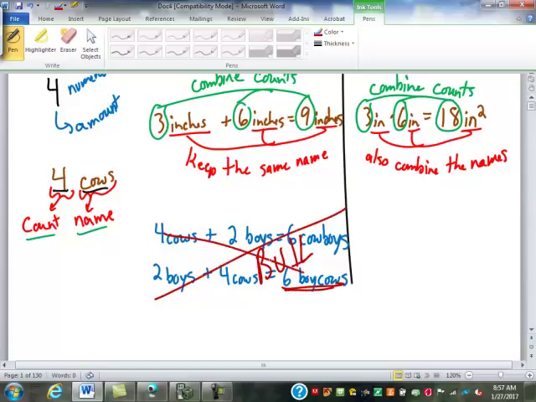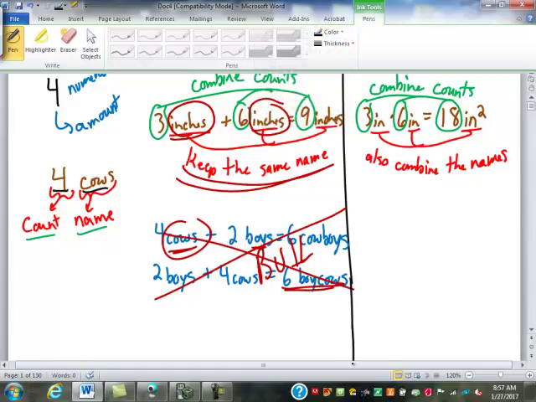Okay, it's a long way to go for a joke, but there's a point behind it. I couldn't add 4 cows to 2 boys because when I add, I'm going to keep the same name. That implies that I must start with the same name. If the names aren't the same, which one do I keep? On a little bit more practical example here,